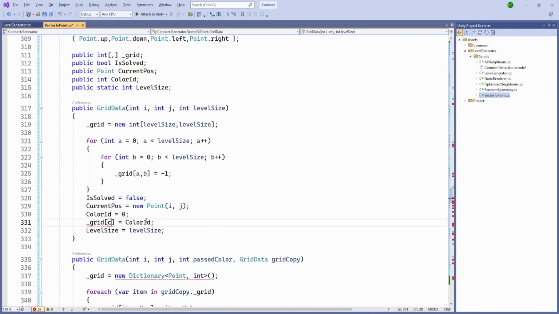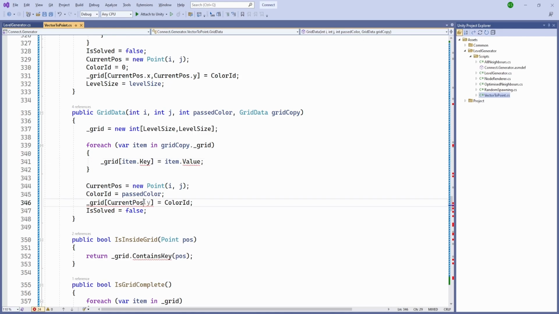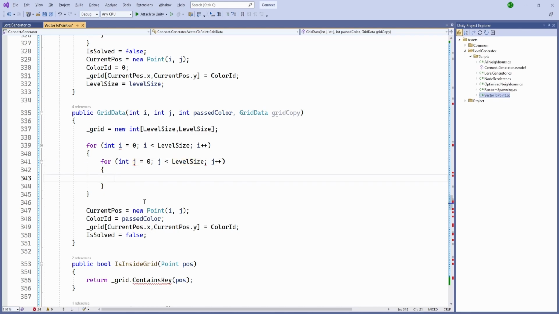Grid for our current pos dot x and our current pos dot y, and again we'll need to new int of our level size, and we'll need to copy it, and our grid for our current pos dot x and current pos dot y, it is going to be similar, and here we are going to pass our level size, and what is going to happen is grid for our a comma b